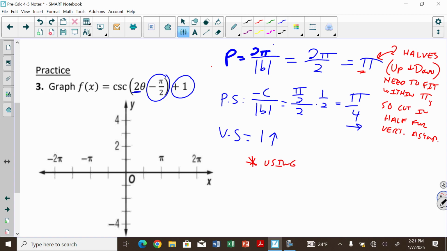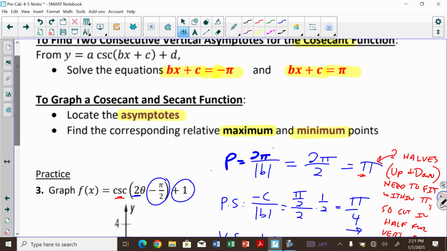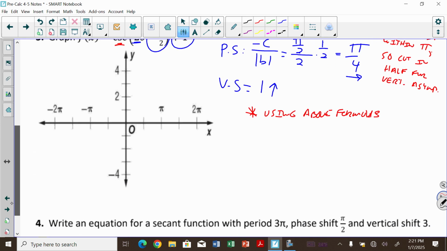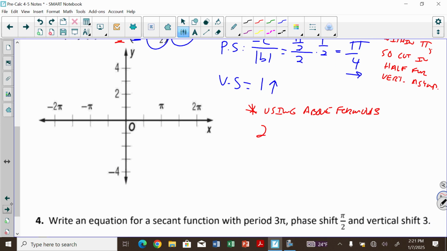Now, you can cut them in half, that's one way, but we can also use the formulas we talked about above for cosecant. If we use these formulas to find our vertical asymptotes, we get 2x minus pi over 2, that's my bx plus c, equals negative pi. And the other one is 2x minus pi over 2, bx plus c, equals positive pi. And when we solve that,